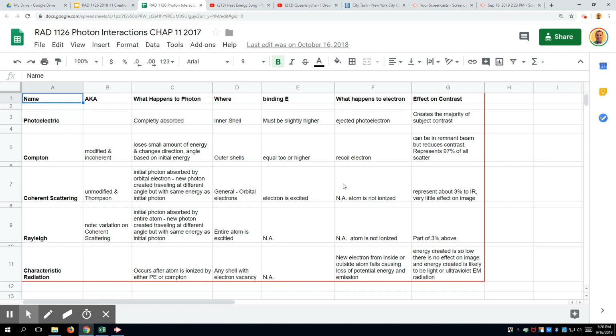Where are they happening? Binding energy stuff. What happens to the electron? Sometimes nothing. And is there an effect on contrast? If you know this chart, you will get some answers correct on the next quiz rather quickly, or whenever this quiz